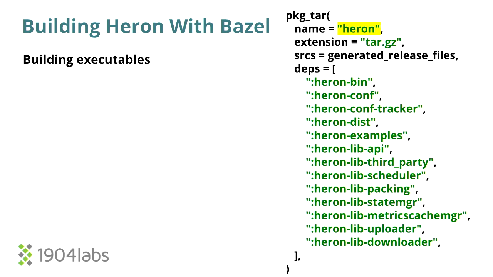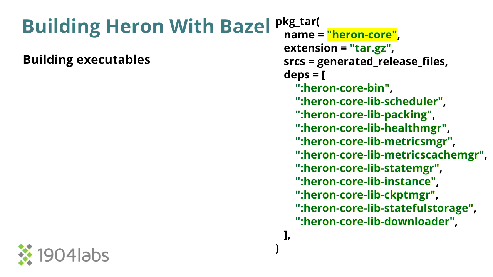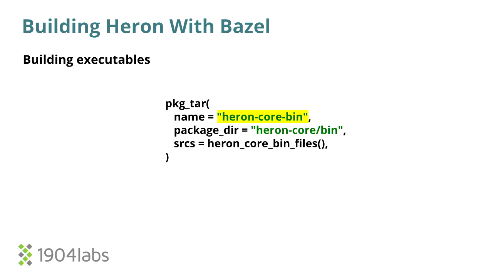So this package tar references a Heron tar.gz, and it has some sources which are a release.yaml. It's just what you saw up on the console: when the build was generated, what server it's at, and so forth. And then it's got some dependencies, which are all tar.gz files. So I'm going to step into the Heron disk, which is a package tar, which packages up some sources in the disk folder from another tar.gz file, which is dependent on other tar.gz files, as well as that release.yaml.